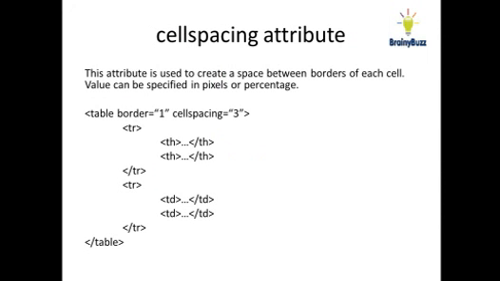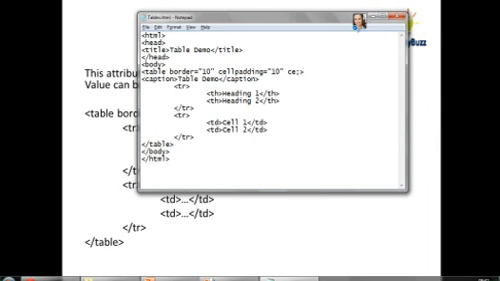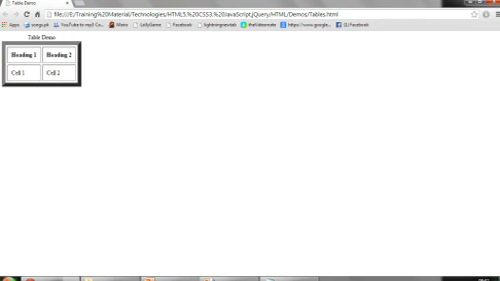Another thing, you have the cellspacing. Cellspacing is the space between the borders of each cell. So let's see it. We'll make it 5 this time. Let's see the difference. What it has done is put 5 pixels of space between the two cell borders. It depends on you how much space you want between the cells, the borders only, not between the contents and the borders. Between two borders it will give you a gap of 5 pixels.